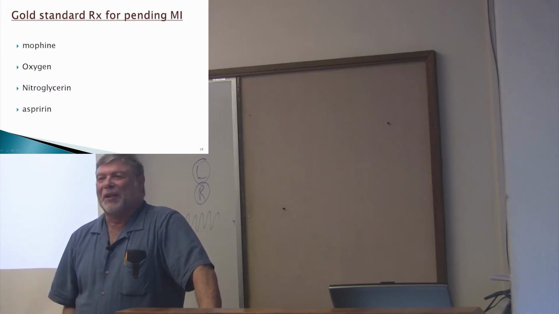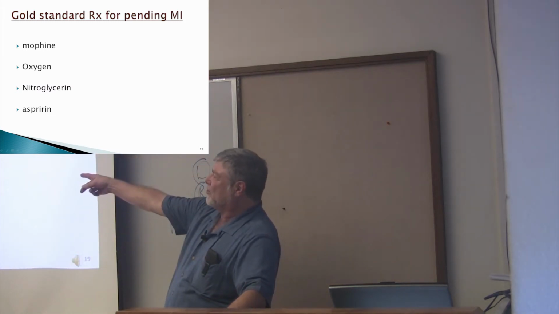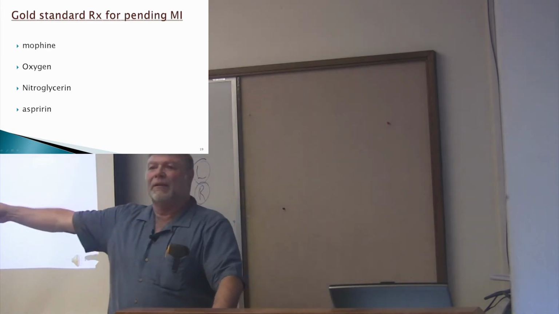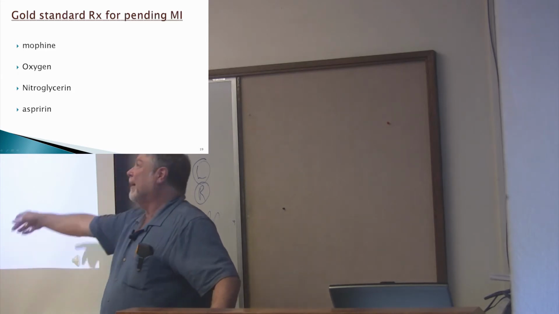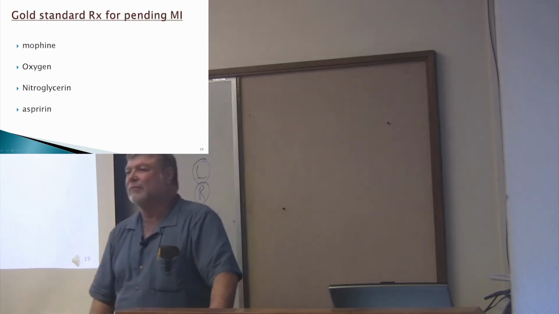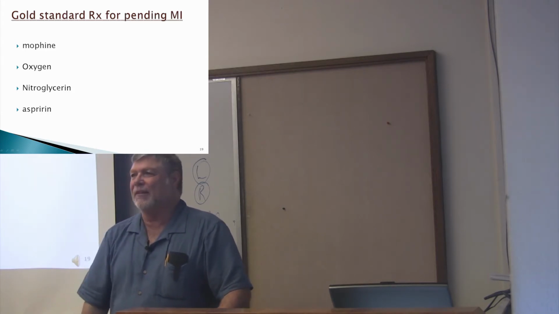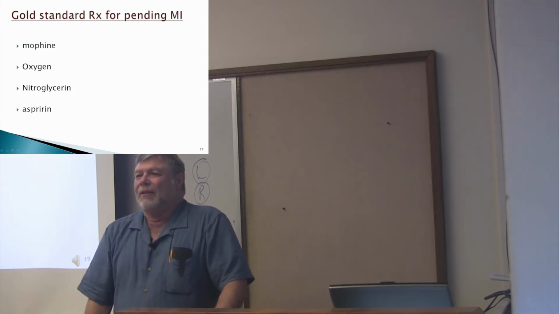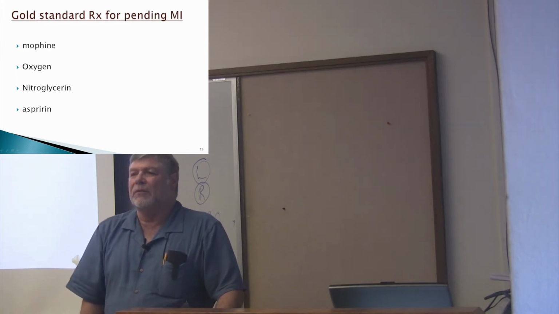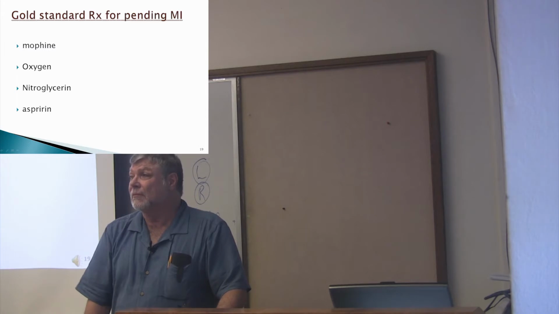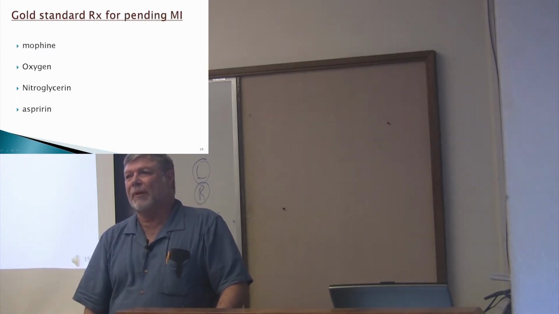So oxygen is still in there, but typically the order of administration is nitroglycerin, followed by aspirin, followed by morphine and oxygen. And the oxygen is PRN based on their O2 sats. Why? How is that aspirin given? And what's the dose? Do you give them a full tablet? 385 grams?